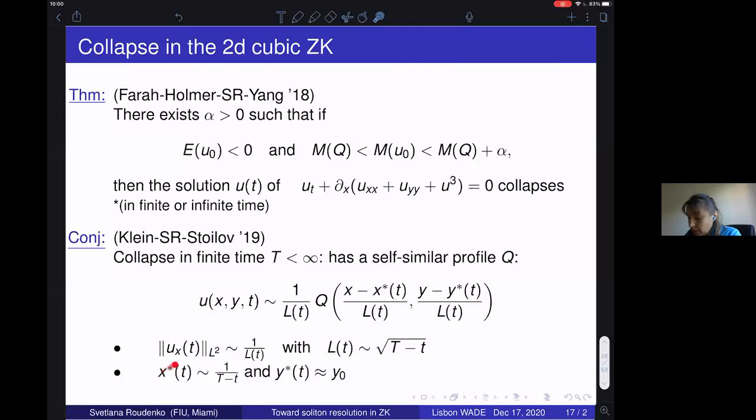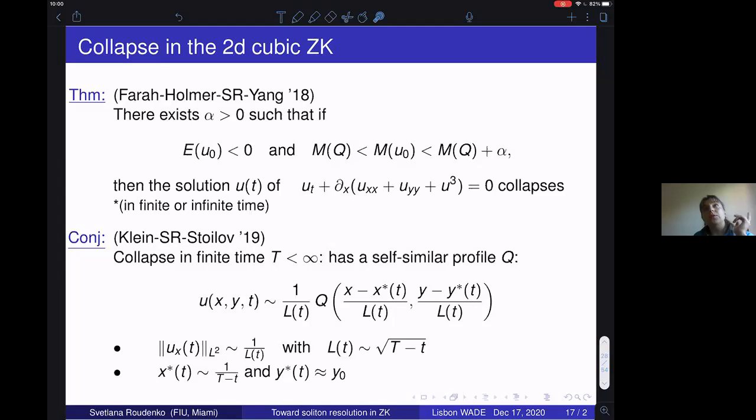So how do we know it's traveling in the x direction? You can see that x is changing, and capital T is the blow up time. So the blow up time is the finite time. And y prime is just one specific coordinate which it will approach or basically stay. But you notice that x star, what happens with little t going to capital T, right? This goes to 0, so the x star travels to infinity, and that's typically what we observe in L2 critical blow up. So the blow up happens at infinity.